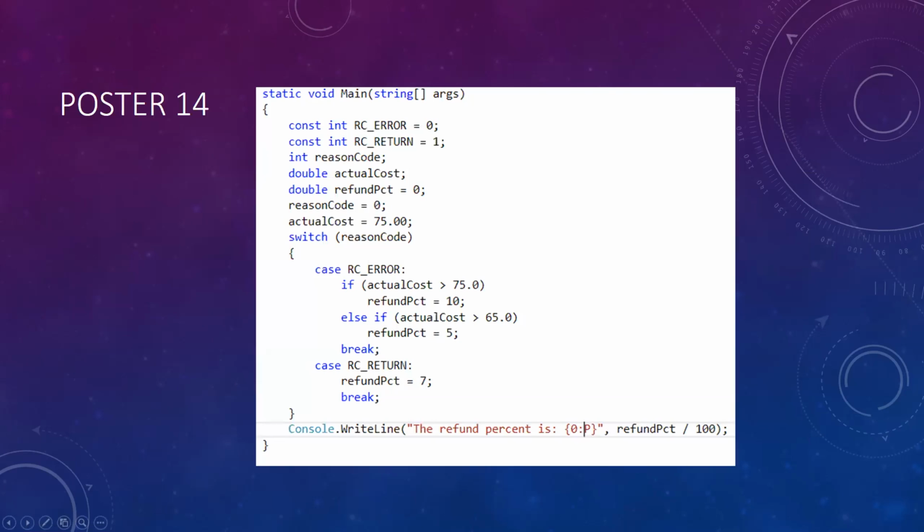And this is a good one too, because again, we have a switch case and we're looking at a reason code. We have some sort of return to our company and we want to know why. Was that a reason code 0 or 1? So based on our reason code, if we had an error, which it says we did, we're going to do this if statement